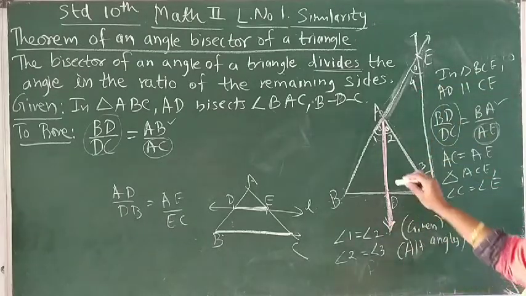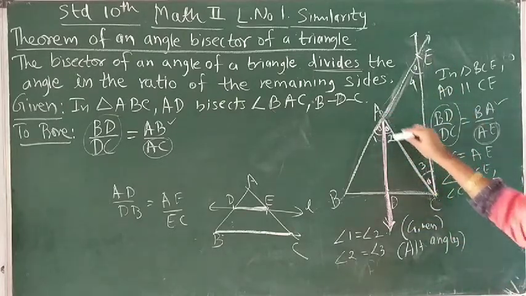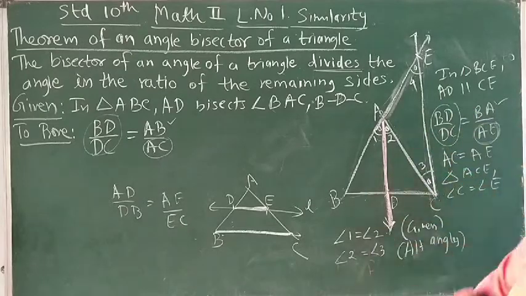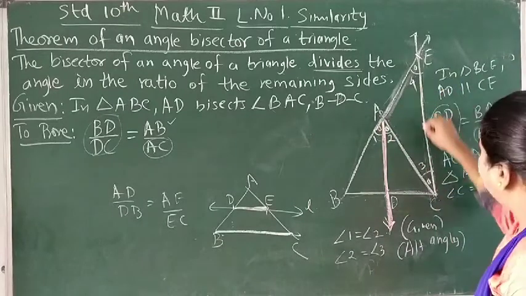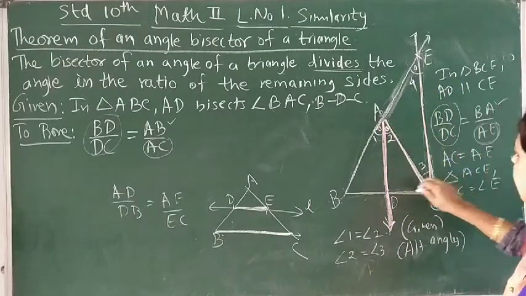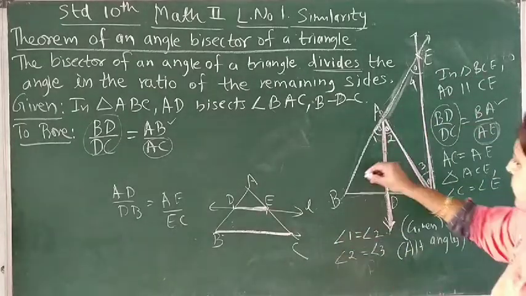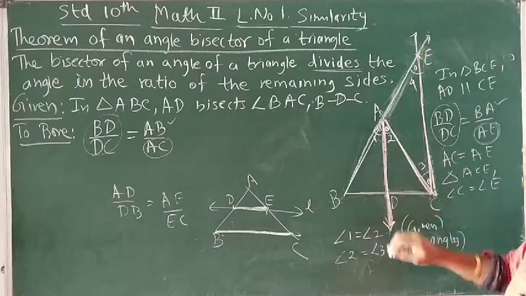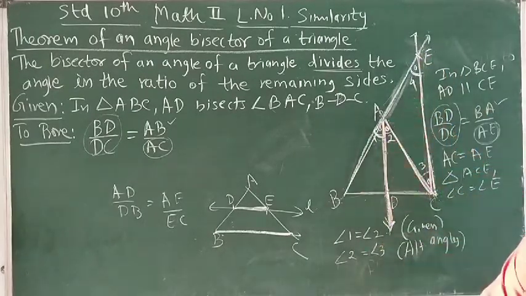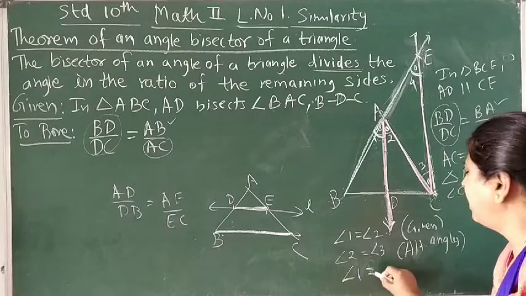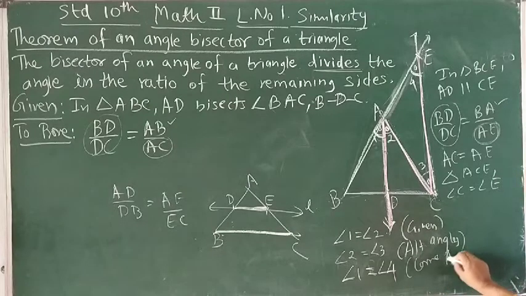If you observe, these two are parallel lines and this is the transversal, so these two are alternate. If I show these parallel sides by a red line, here we have taken this as the transversal and we have got this alternate angle. But if we take BAE as the transversal, then angle 1 and angle 4 are going to be corresponding angles. So we can show angle 1 is equal to angle 4. They are corresponding angles, correct?